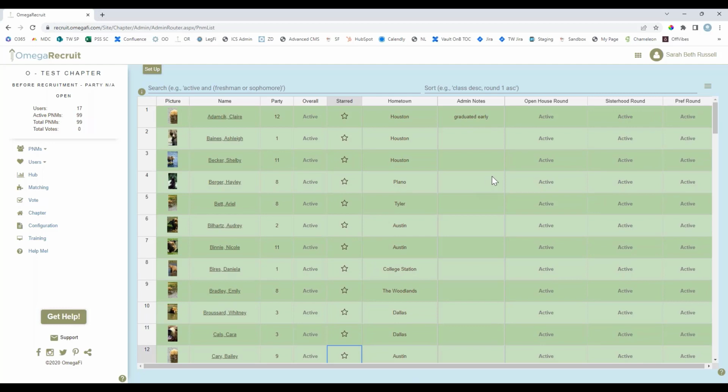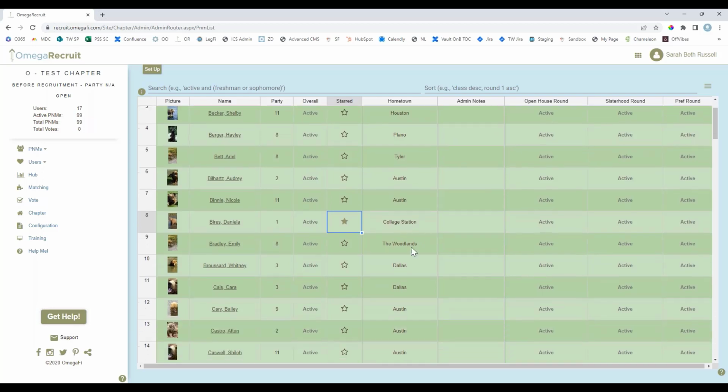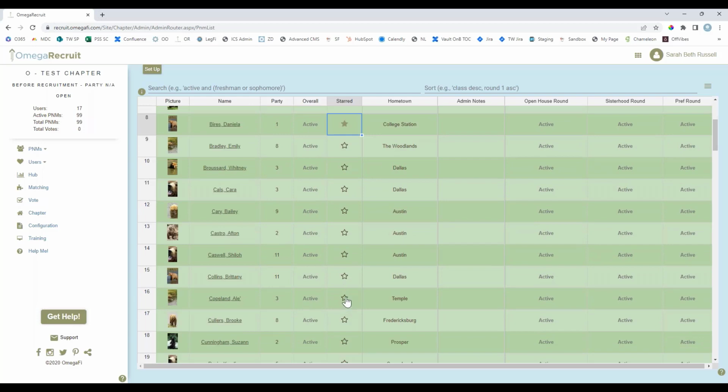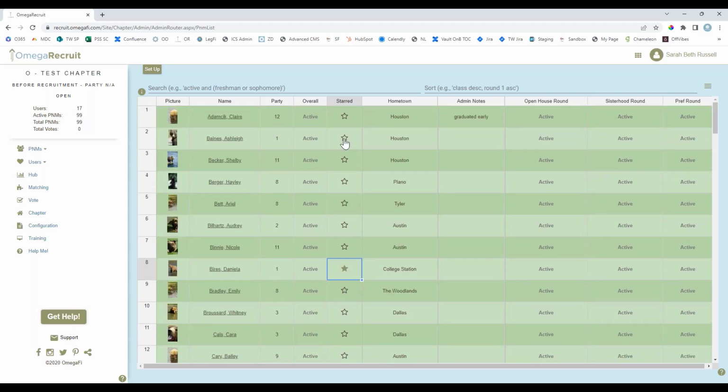Another thing we can look at here is our starred column. So if there is a particular member that you guys really like as a chapter and you want to pair her with a really strong recruiter, you can double click that star, and we'll look later at how you can look at that on the user list as well. You can star your users and your PNMs, and then when you are using our matching tool, that is one way they can be matched together. So this is optional, but it's really great if you're wanting to use this to